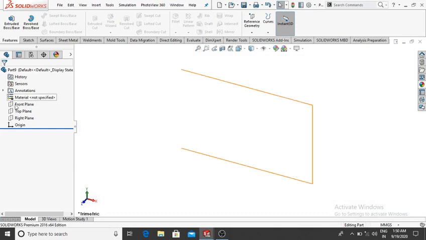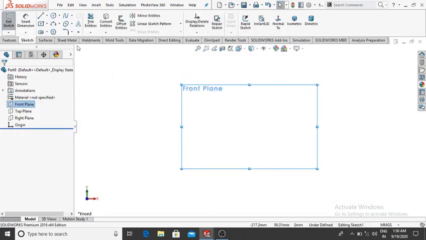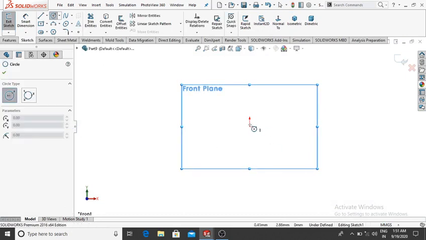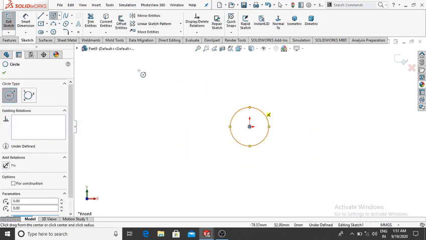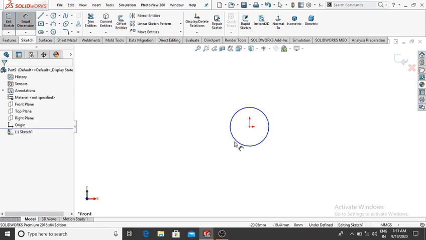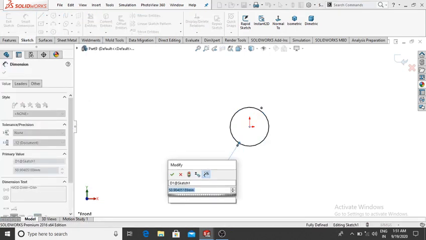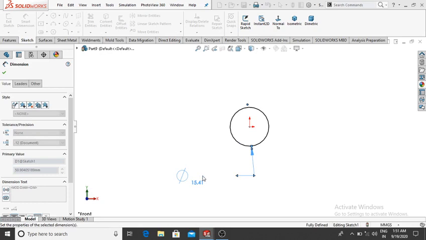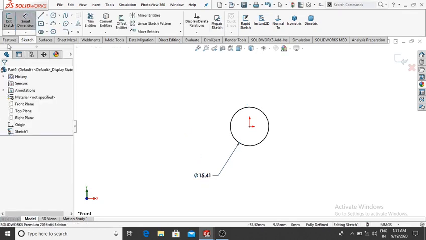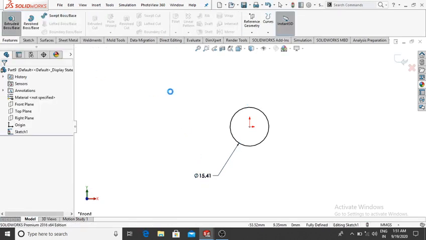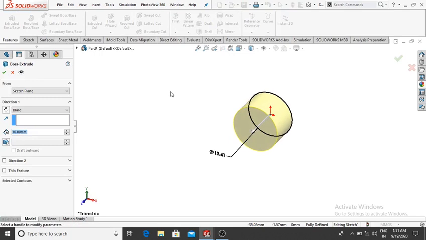Select Front Plane, right click, Sketch, and select the Circle tool. From the origin point make one circle here, and go to Smart Dimension and make it 15.41 diameter, then OK. Now select Features, select Extrude Boss/Base, and extrude up to 130 mm, so make it